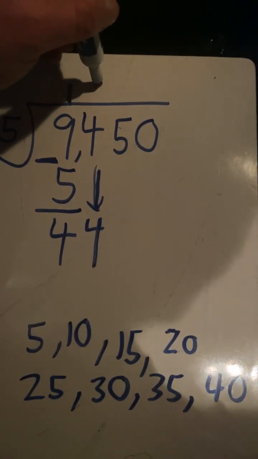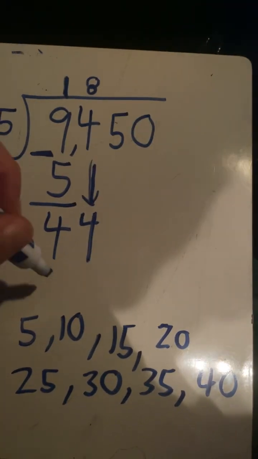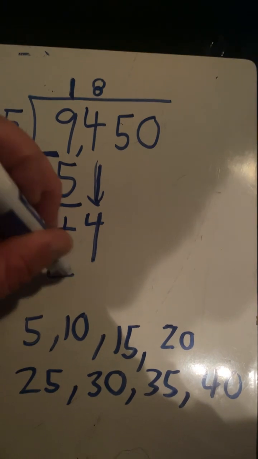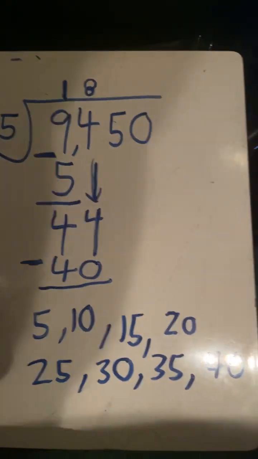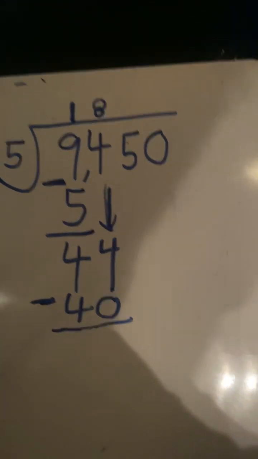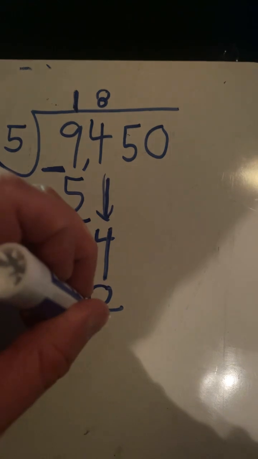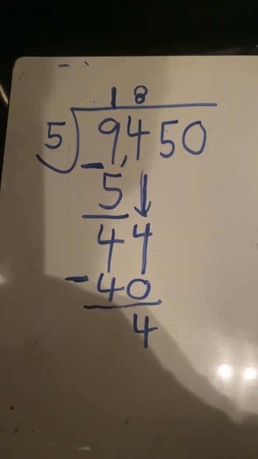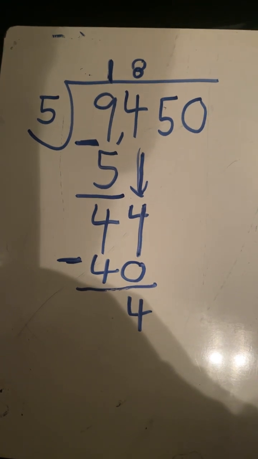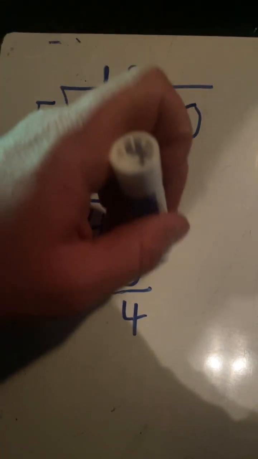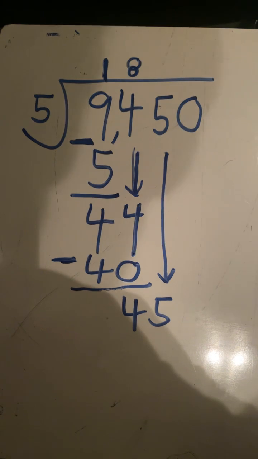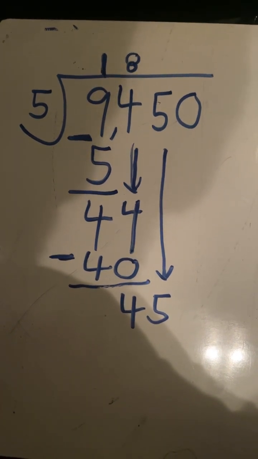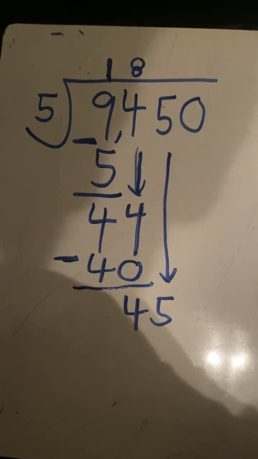So 44 divided by 5 equals 8. To find our remainder, we have to subtract the last number that we skip counted. So 44 minus 40. Let me erase all the skip counting down here. 44 minus 40 equals 4. So we have a remainder of 4. Now we're going to bring down the next number. Now I have to figure out how many groups of 5 go into 45. So